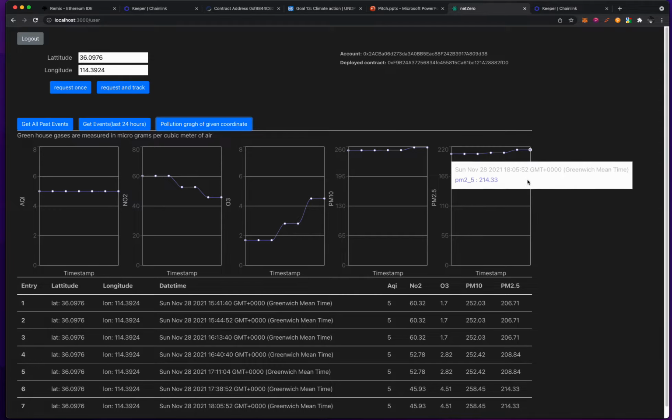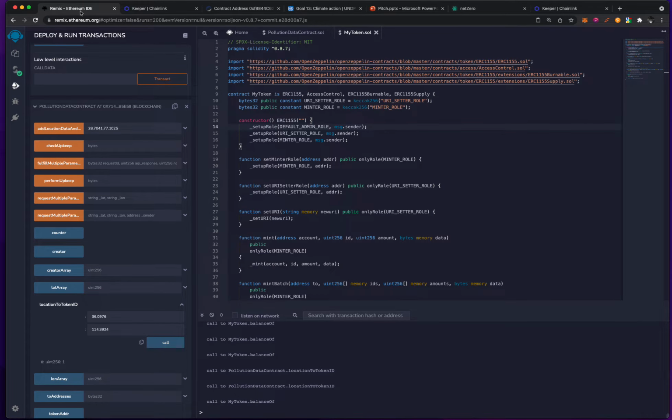Once this information is called, we push it into the ERC 1155 contract, which helps us mint tax tokens that correlate to a specific geographic location. So for example, in this Remix contract, which we've deployed on Kovan testnet, when we put in the same location coordinates and make a call to identify the ERC 1155 token, the token ID points to 1.